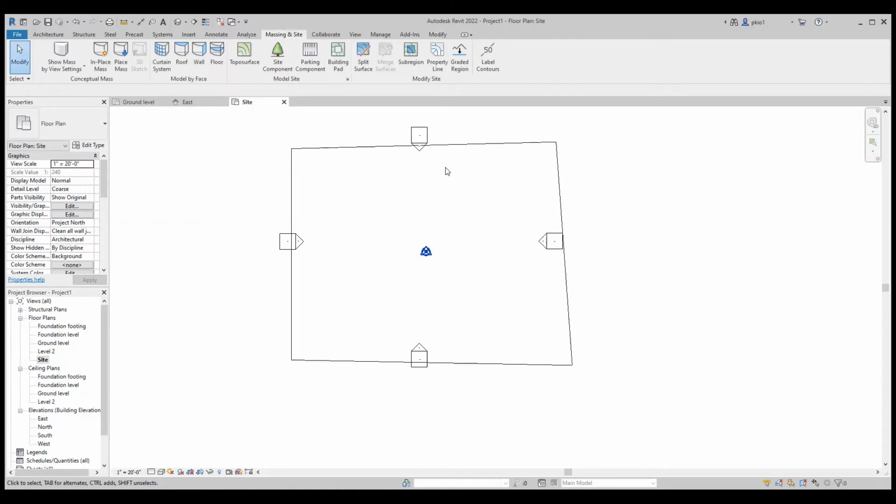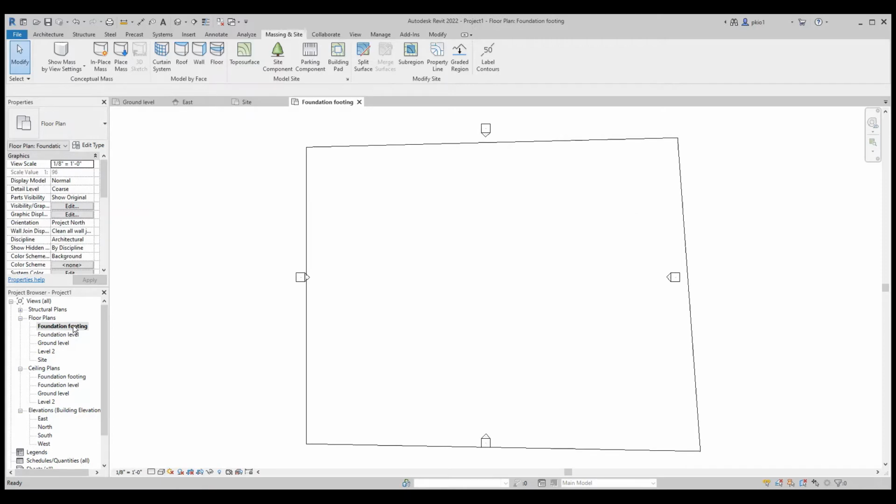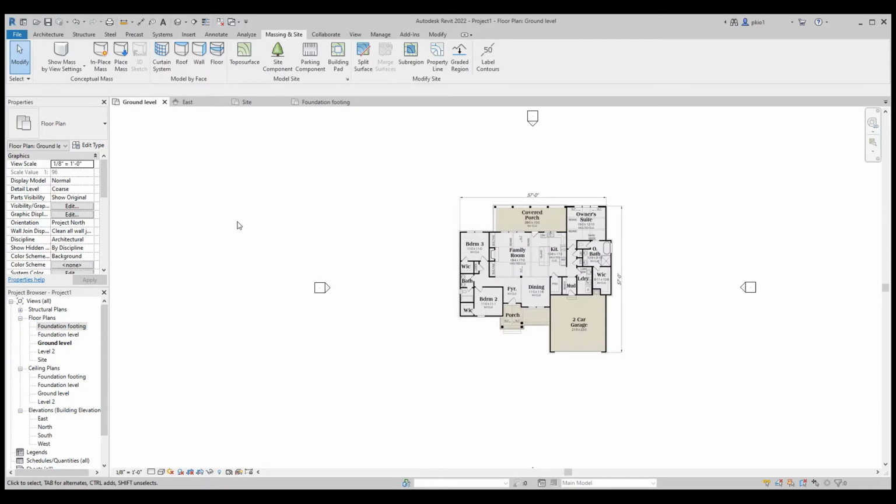The foundation walls will be drawn in the foundation footing level. So we go there, double click on the foundation footing. And we need to bring our image to this foundation footing level. So what do we do? We go to the level where we have the image, and we have the image at the ground level.